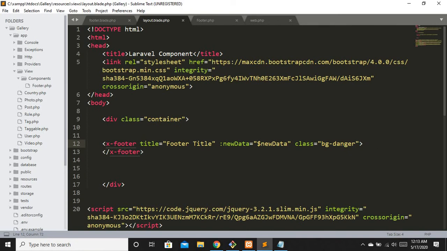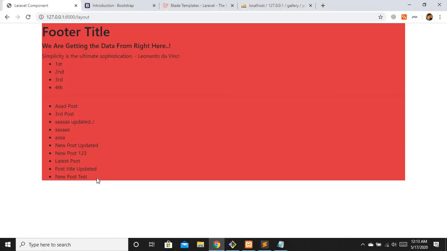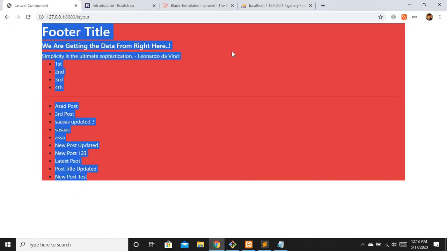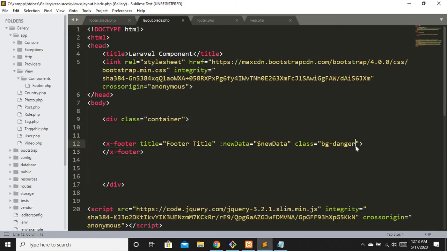Because whenever you want to apply a class to your component, you will have to move to footer.blade.php right here in the div, and you will have to pass the attribute right here, $attributes. Basically it is going to say that this div is called or returned with some attributes. Okay, and you can see we are having our background danger right here.